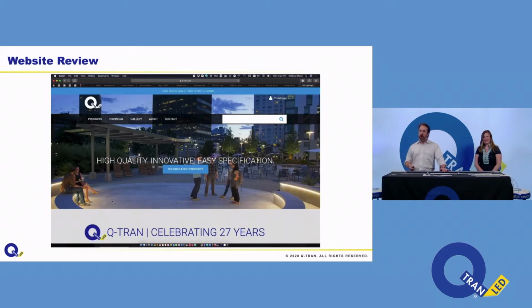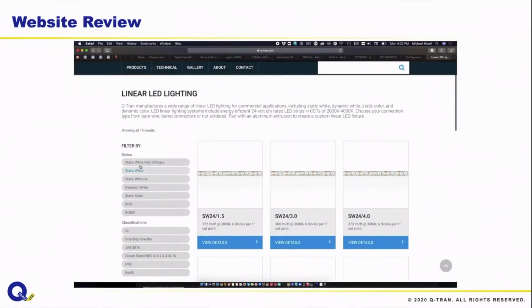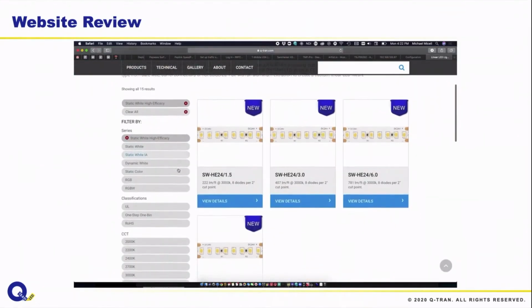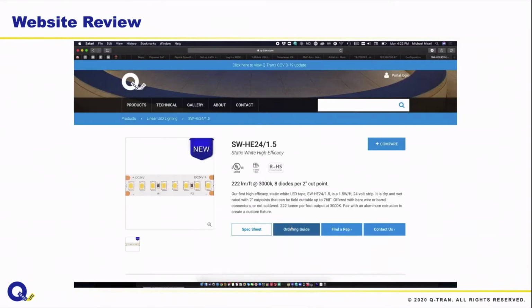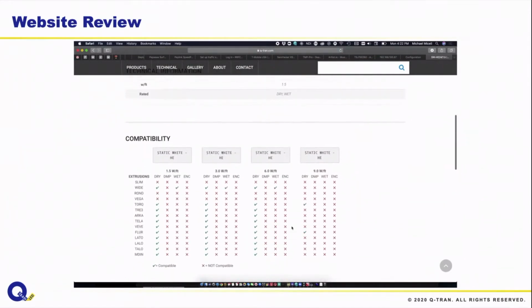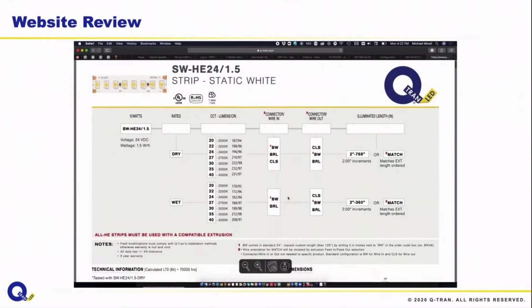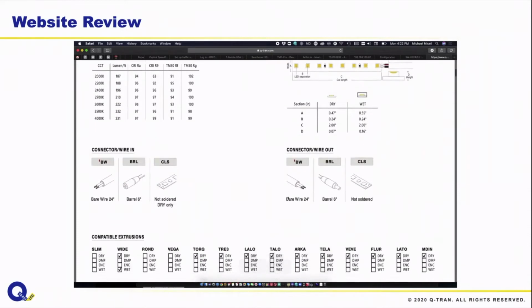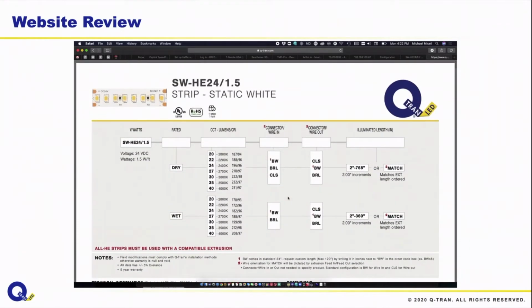So when going to our homepage, if we go to the products section and go down to the LED strips, on the left, you're able to sort by the type of LED strip, and here is the high efficacy. Choosing one of the different LED strips on this page, we can see the compatibility guide, all of the downloads, including the IES information, and we'll take a quick look at the ordering guide, where we see some of the delivered lumen output, the different types of connectors, and of course, the part ordering section